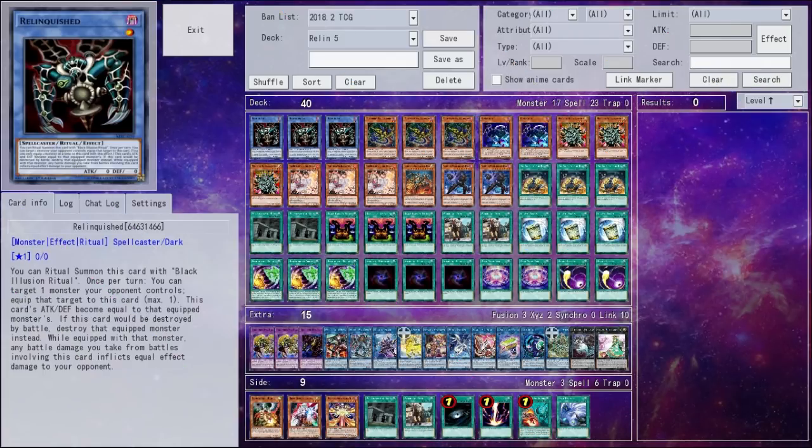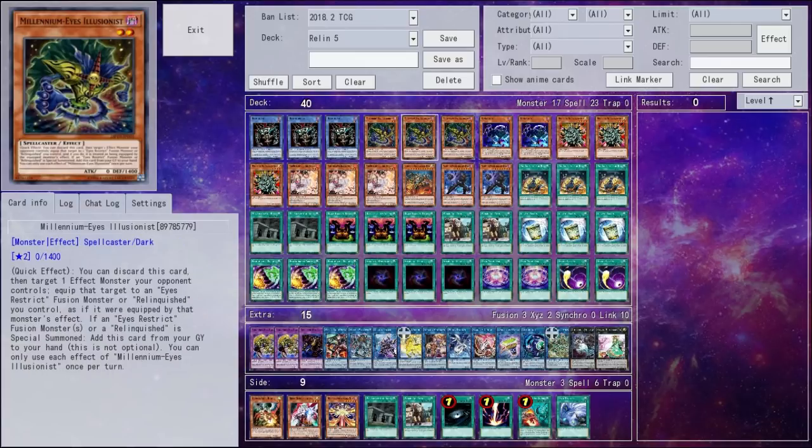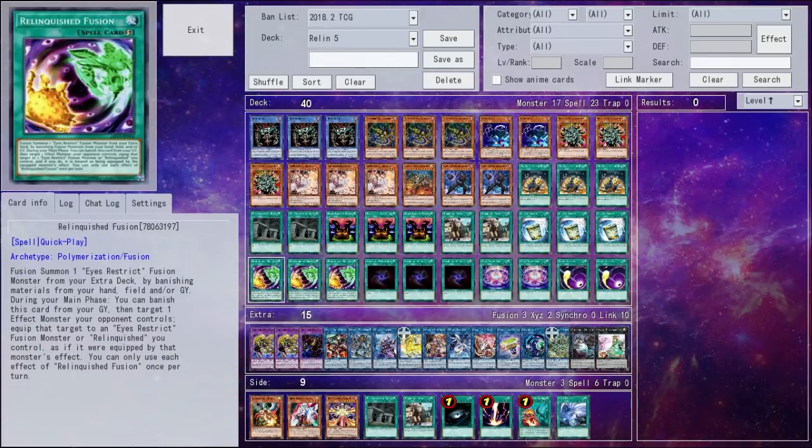But yes, at the end of the day, I do love the deck. It's very fun. It's very interesting. It's very cool. And the support's actually pretty good. I think there's some slight things they could change. I think if a Millennium Illusionist could target normal monsters as well. I think if the Fusion could target normal monsters as well. I think if they